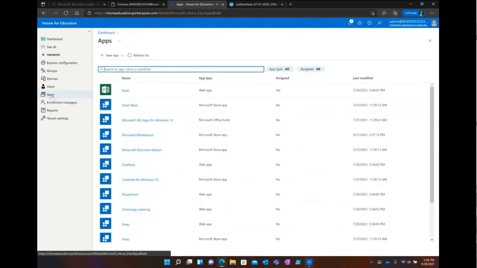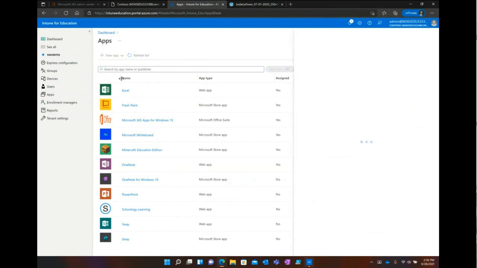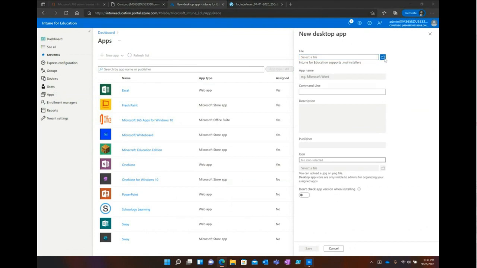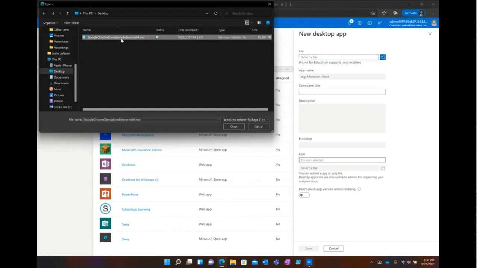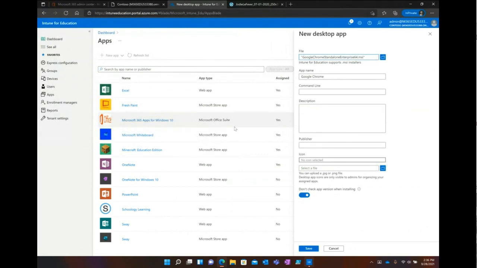I mentioned you can deploy MSIs, you can get Microsoft Store apps, and these all come from the Education Store. So if you wanted to bring a new application in here, I'm going to show you what it looks like to bring in a new desktop app. You would just browse out, select the file, and because I know I have a couple Google people on here, I'm going to show you that you can still deploy Chrome with our cloud solution to your Windows devices. And you can even use single sign-on to get into all the Google stuff with your Microsoft 365 credentials. So you would just provide the latter half of the command line.